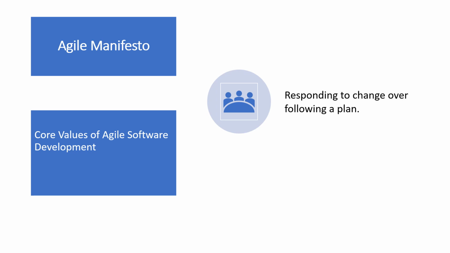The fourth value is responding to change over following a plan. Traditional software development regarded change as an expense, so it was to be avoided. The intention was to develop detailed, elaborate plans, with a defined set of features. So there was little room to make changes, and if changes were to be included, it needed a lot of